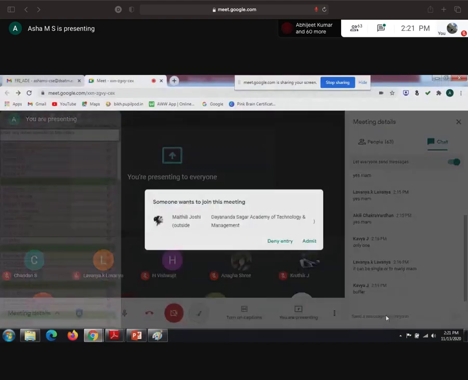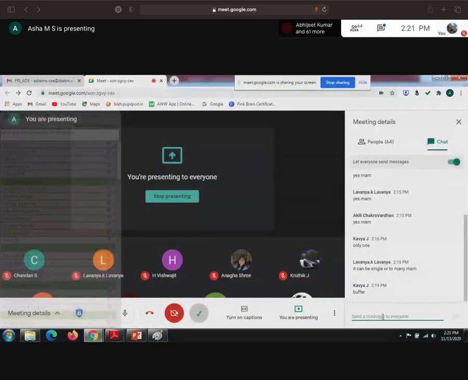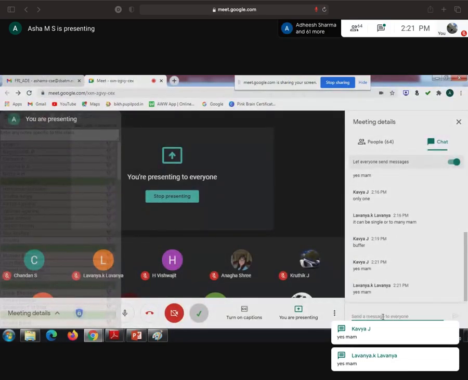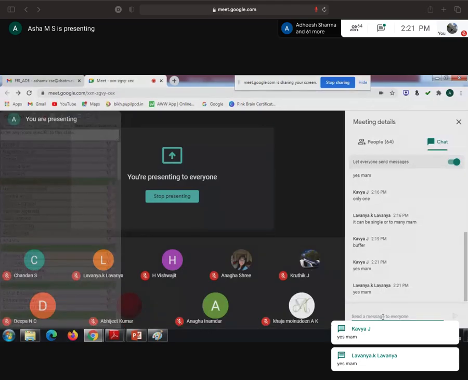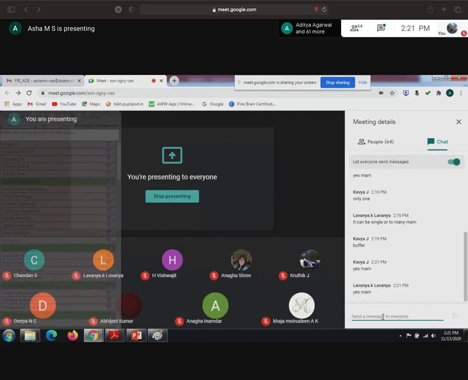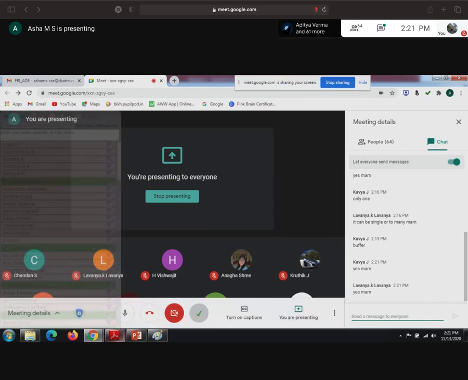Guys, are you clear what a buffer is? Why are we going to use that? When you connect the output of the gate to the inputs of several gates, limited inputs, the performance of the system should not degrade. So to maintain that, or to increase the performance of the system, we are going to use the buffer. Okay.